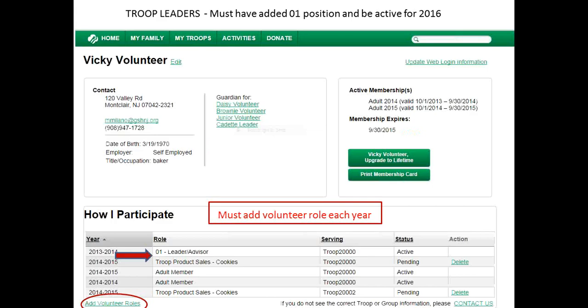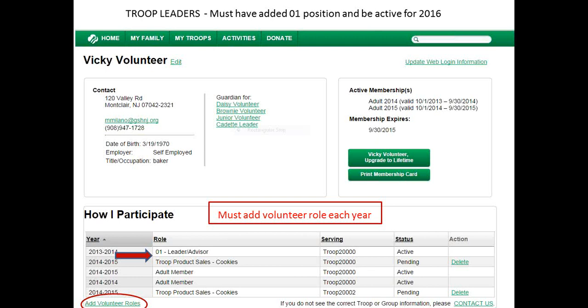Okay. Now we'll go through some eBiz basics. When you have claimed your O1 position, when you first log into your eBiz portal, you're going to be in your family if you have more than just yourself. Or if you're just one person in your family account, you're going to get a screen that looks like this. If you have a family account, you're going to click on Vicky's account. This is Vicky. She has a family of 4. She's going to click on Vicky's account and get this.